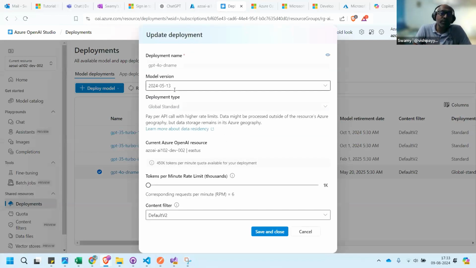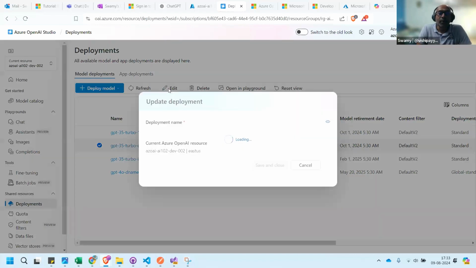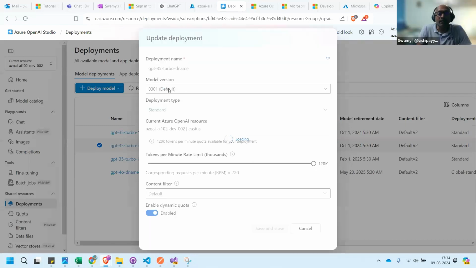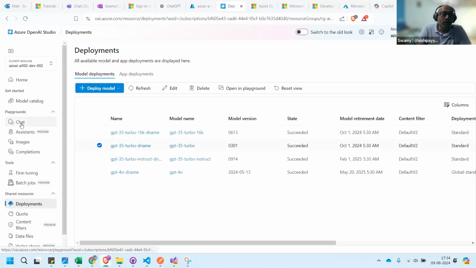It is better to choose a lower tier and then move based on the requirement. Never give a free hand, so it might consume. You can see that 450k tokens per minute quota is available for this deployment. 450k is too much. Now let me see what we used in this deployment. Here it is 120k. So 450k versus 120k. We should be a little careful from the token perspective also.